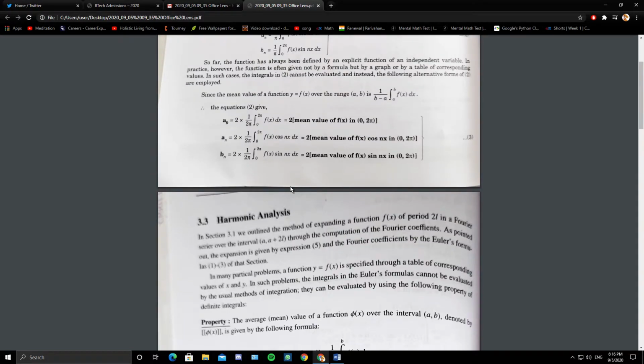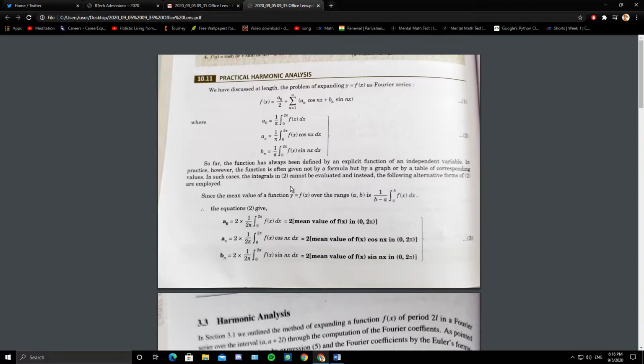So for the first internals, you will be asked only simple questions from harmonic analysis, only MCQs or small problems. I cannot complete this topic before the first test. So you will be asked only MCQs and simple questions, so you don't have to worry about it. You just understand what is harmonic analysis and learn the formula. It is enough for the test.